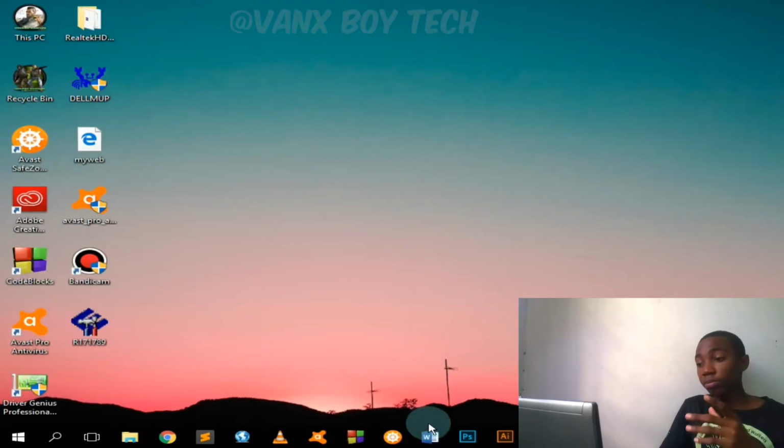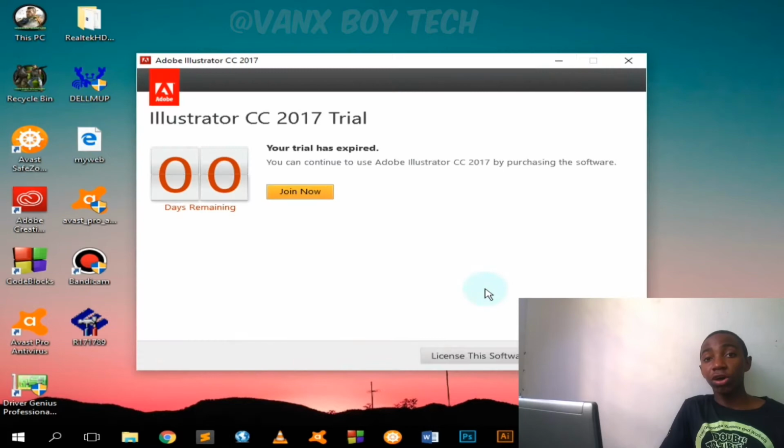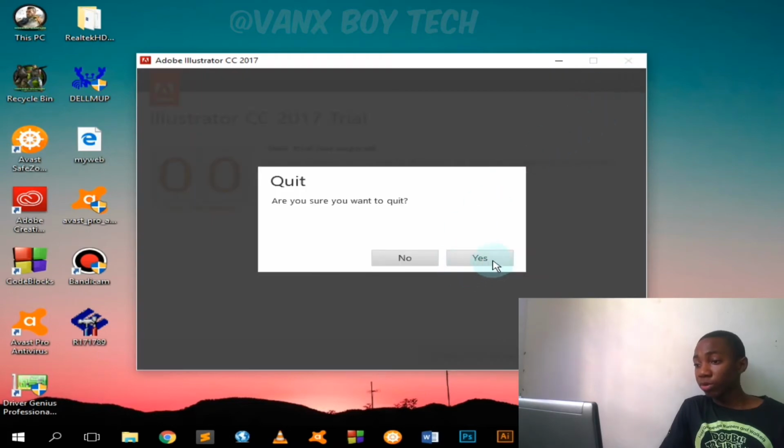As you see right now, I have two Adobe products on my PC, Adobe Photoshop and Adobe Illustrator, and I'm heading to unlocking Adobe Illustrator. When I open it, you'll see it says my Adobe Illustrator trial has come to an end, and the days remaining is 0. So I have to license this software in order to use it. By using this trick, you won't have to buy the software. So I'm quitting it, and